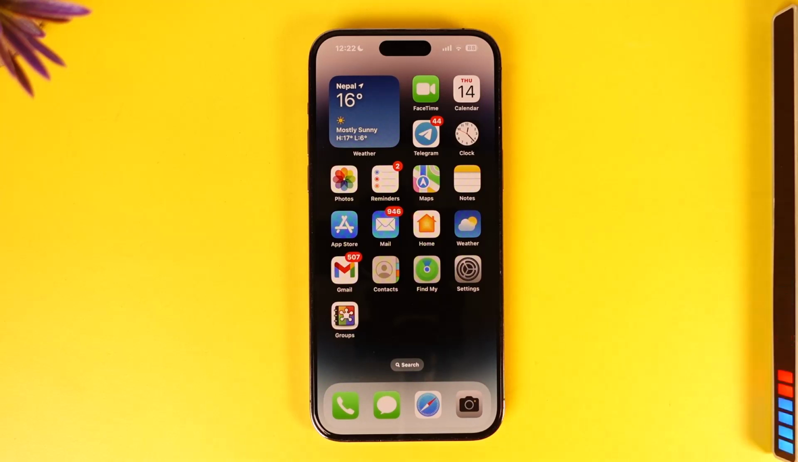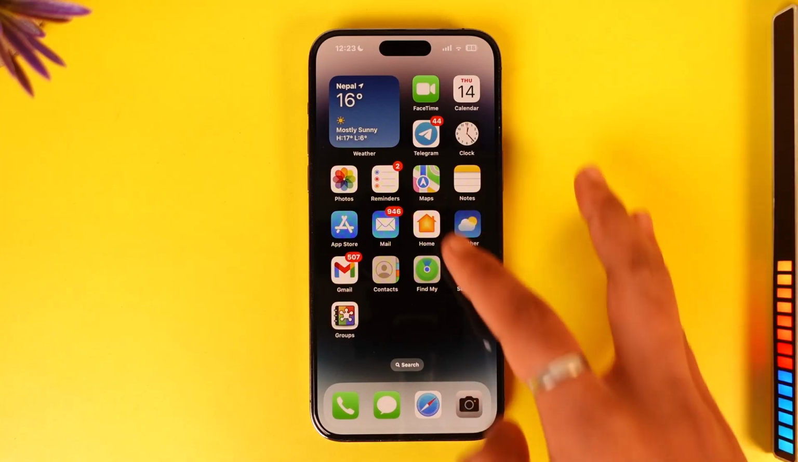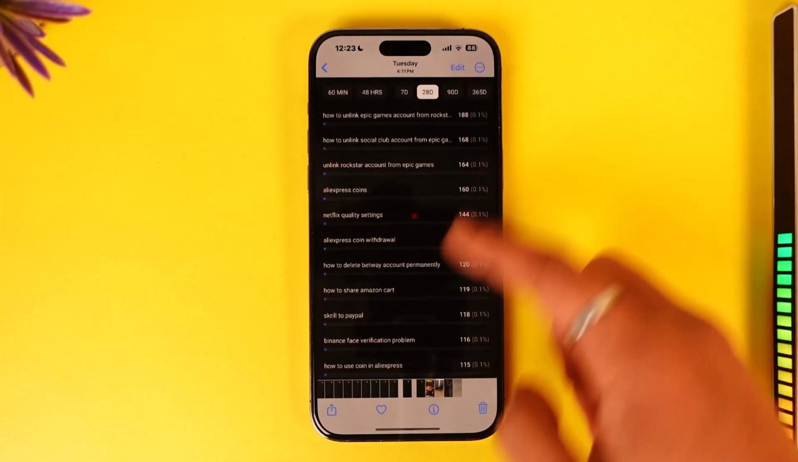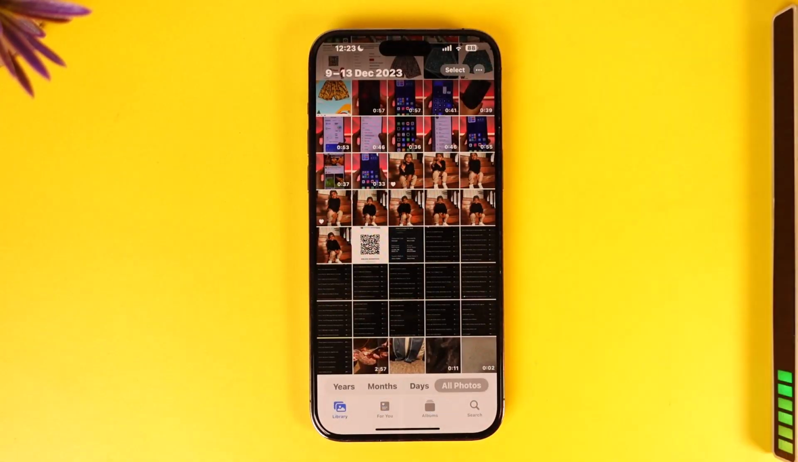In today's video I will guide you on how you can delete all duplicate photos on your iPhone, so make sure to watch the video till the very end. If you would like to delete all your duplicate photos on your iPhone, you don't have to download any third-party tool. If you have duplicate photos, right in your iPhone's Photos application itself,